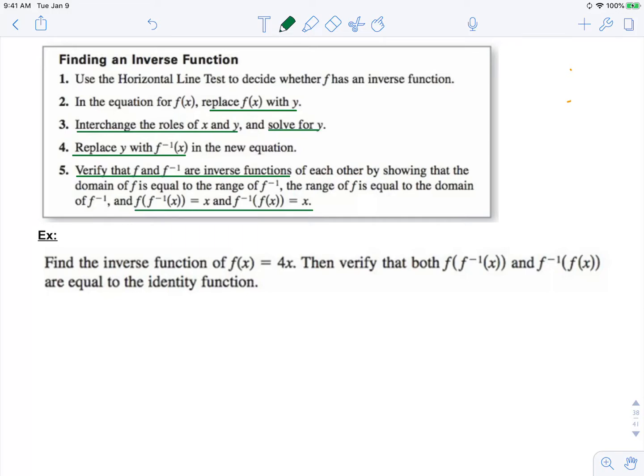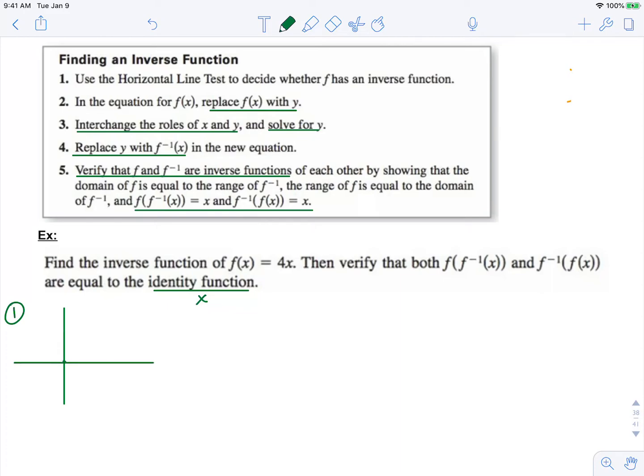Find the inverse function of f of x equals 4x, then verify that both f of f inverse of x and f inverse of f of x are equal to x. The identity function is just x. So the first thing I'm going to do is sketch my graph very quickly to check with the horizontal line